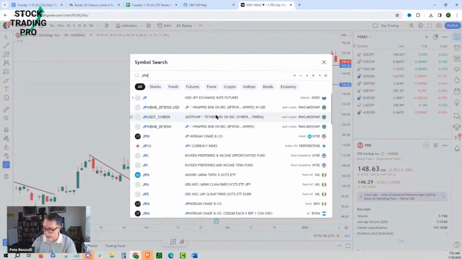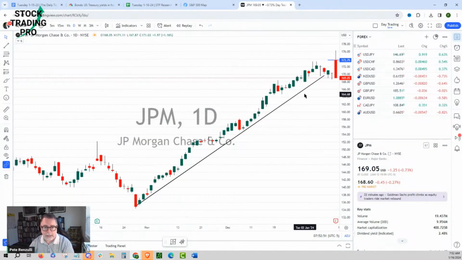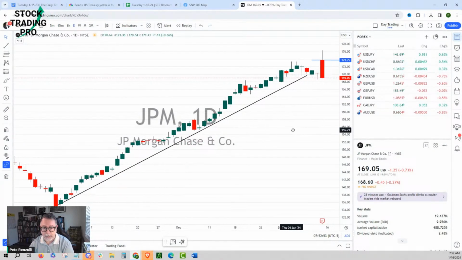And I don't know that we need to take any further look than what we saw in JP Morgan, which had an amazing trend, barely a pullback, and then got walloped, which was a little bit of profit taking. The numbers were not bad, but heavy selling came in last week. So a little bit more price to perfection type of action.